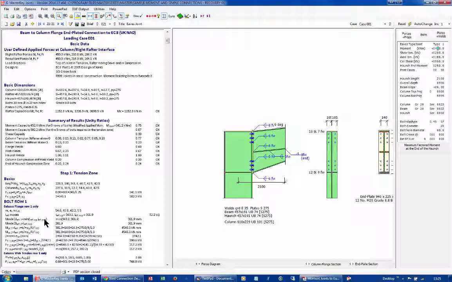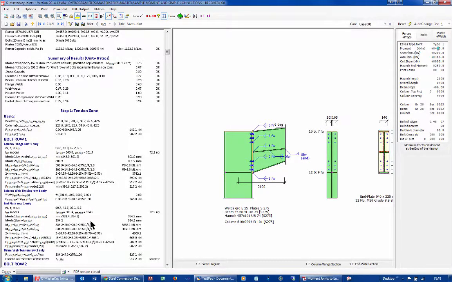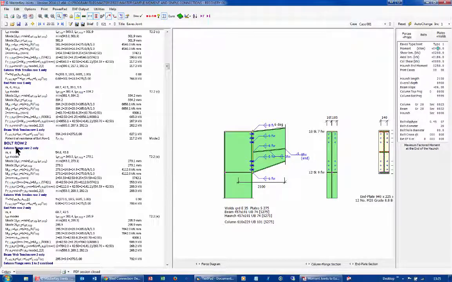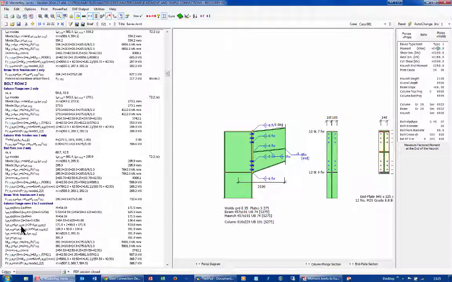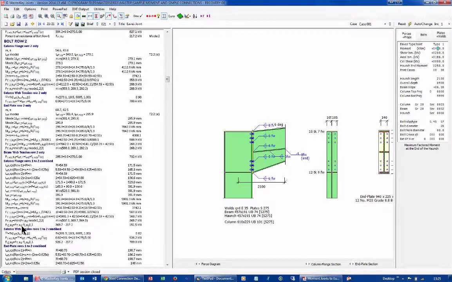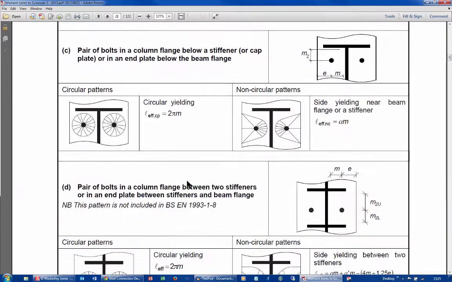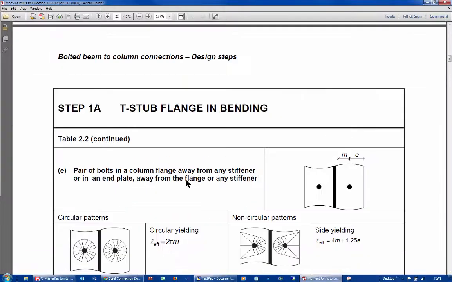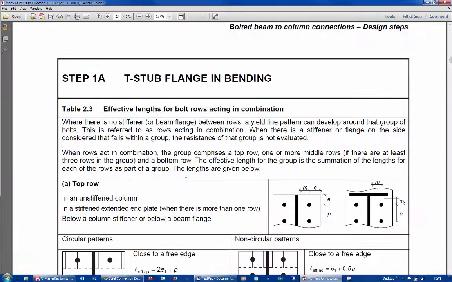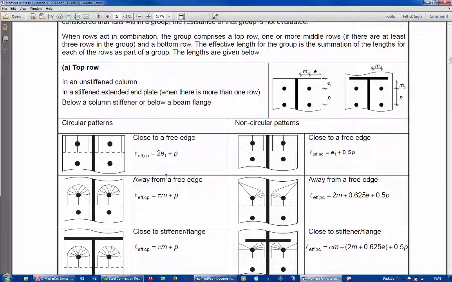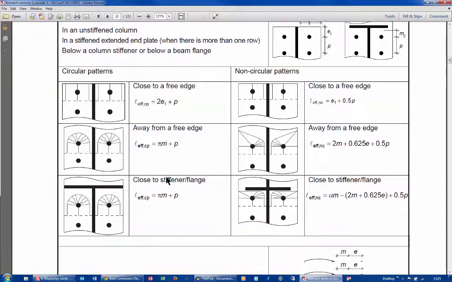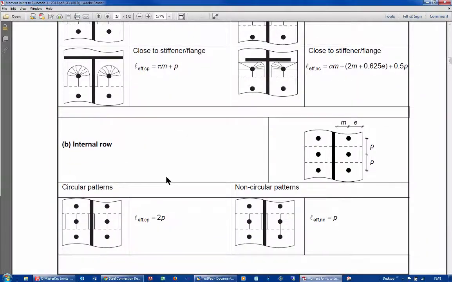Now, when we come into looking at bolt row 2, then we need to look at the bolt row 2 and, as before, bolt rows 1 and 2 together. So that's very, very similar to what we did before, where you take in not just the individual bolt row, but the combined bolt rows, where you will see here we're talking about the configuration for the first row and second row. You add them together and you go forward from that, and you do this as you move down